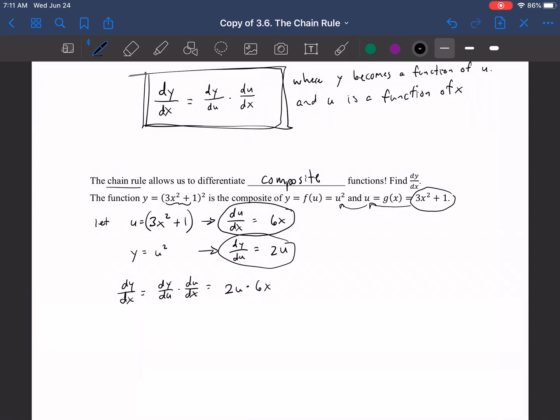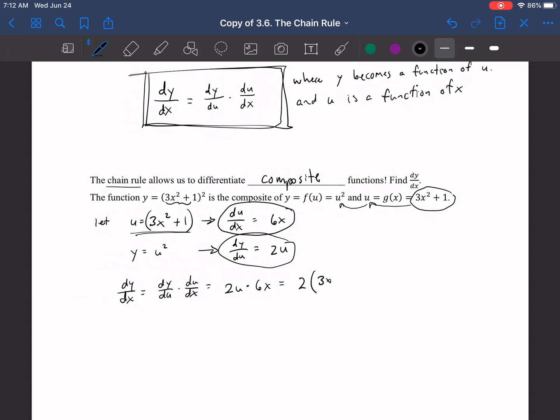Okay? And now we have it as a function of u and x, but u is a function of x, which means we can actually just substitute using this right here to get rid of the u. This would be 2 times u, which is 3x squared plus 1, times 6x. Okay? And now all we have to do is combine all that together, multiply everything together, and we'd